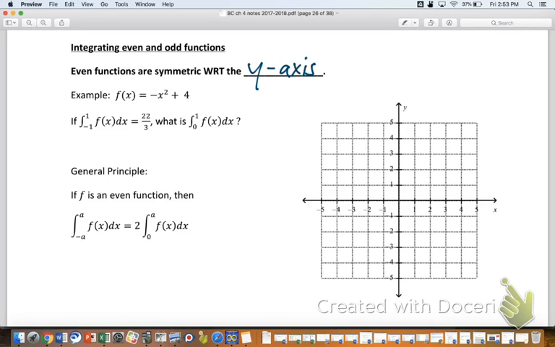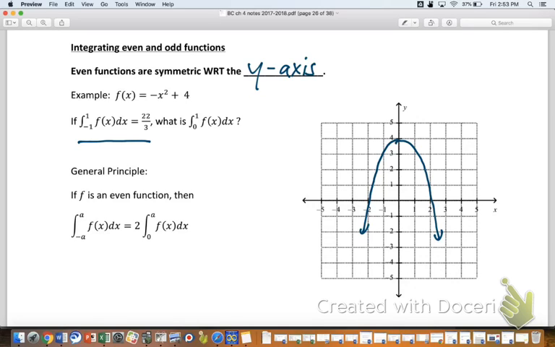So a nice example is f of x equals negative x squared plus 4. That is a parabola opening down, shifted up 4. And so it would look about like this. It's a little lopsided, but okay. All right, so then if we found the integral from negative 1 to 1 of f of x,